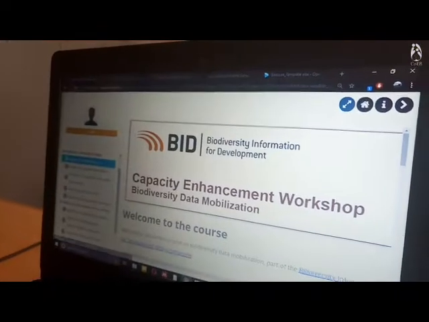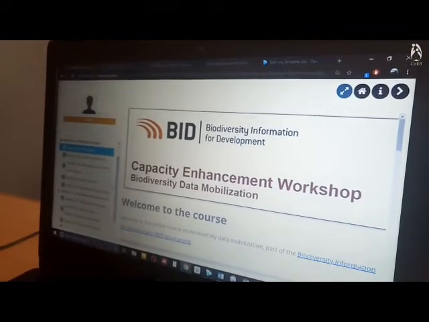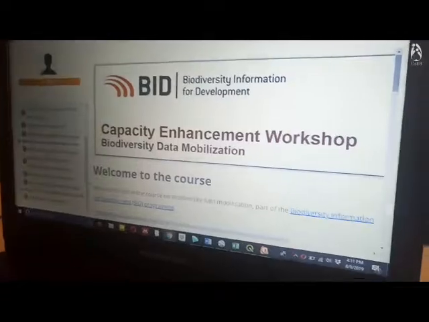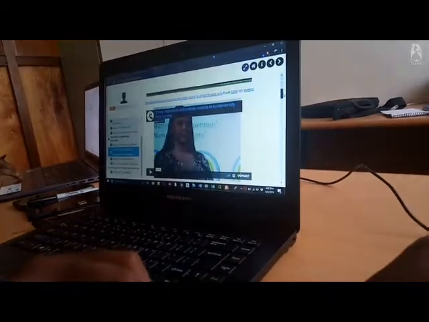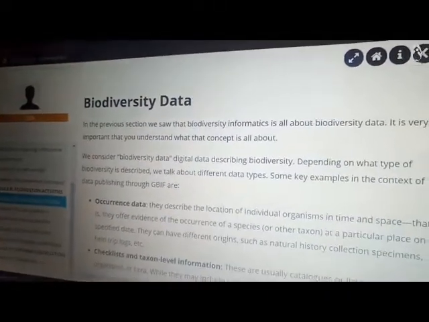The Center of Excellence in Biodiversity Literacy Management is organizing this training about biodiversity informatics, to equip the people who will participate in the project we are developing here in Rwanda about biodiversity information facilities and the biodiversity information system, just to make sure that all the people will be aware of the different tools and software which will be required in data management. Those types of data include occurrence data,